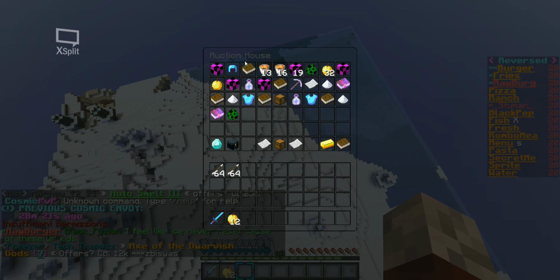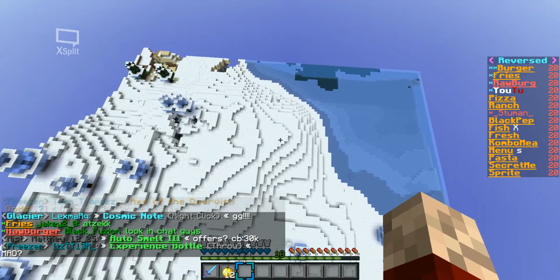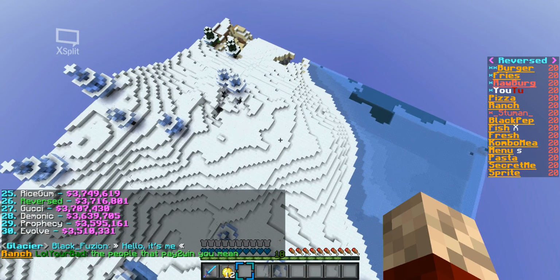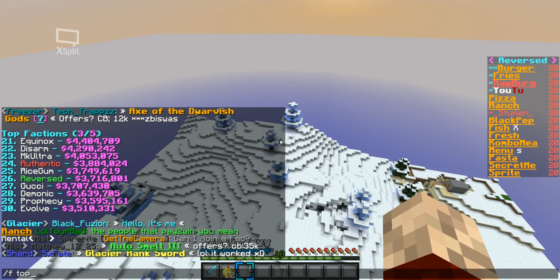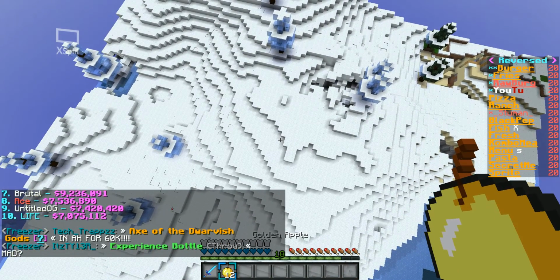28 minutes. Skelly spawner cave 6.5. 19 zombies, 100k. Ooh. But look at this. F top 3. Oh, that's us. Yeah, we've got some cave spawners down. But I mean, if we do F top, like that is stupid. Like mad stacks of cash. But anyway, so